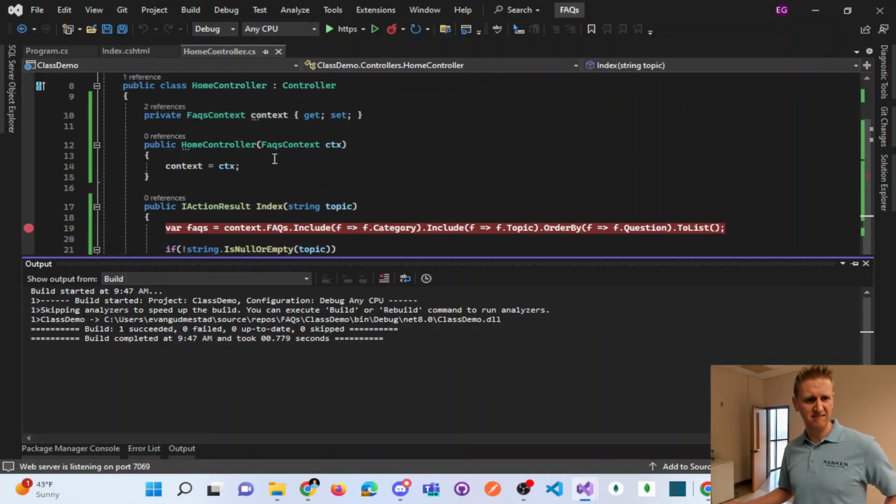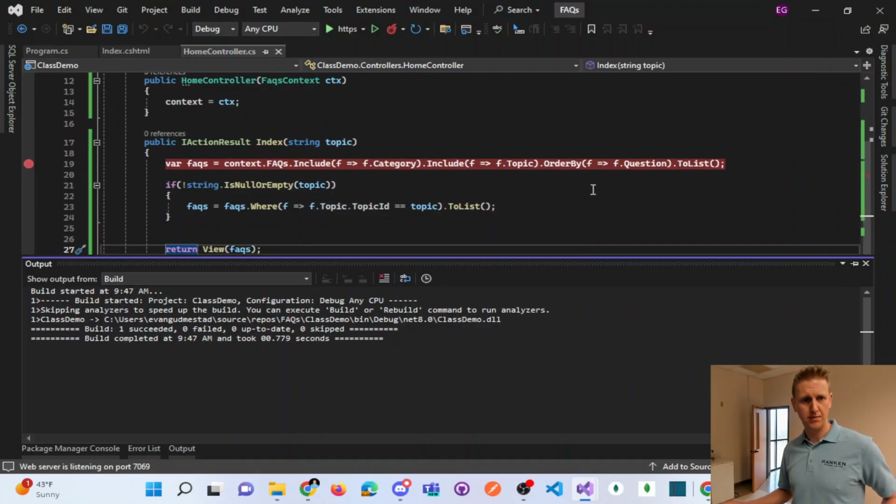Connor? I'm getting an object reference not set to an instance of